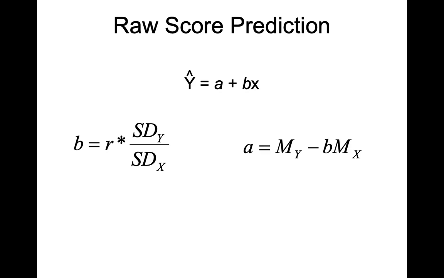GPA only ranges from 0 to 4. Income can range from, unfortunately, $0 but to some very, very high numbers. So typically a standard deviation might be in tens of thousands, whereas the standard deviation for GPA is going to be in tenths of a point. So of course the correlation coefficient captures the strength of the association between those two variables, but then multiplying by the standard deviation of y over the standard deviation of x, we can say kind of unstandardizes the regression coefficient, and it does so in a way which takes into account the rise over the run of that pattern of